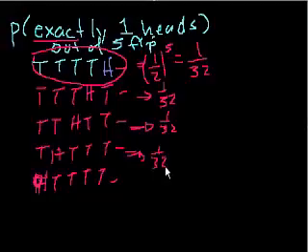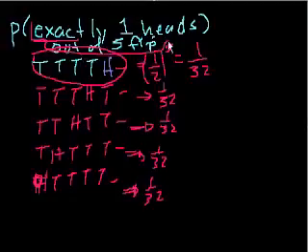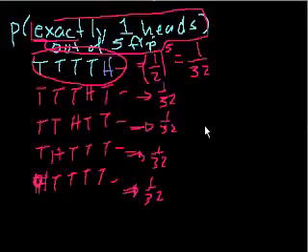In general, when I'm flipping a fair coin 5 times in a row, there are going to be 32 possible outcomes, and each of these is just one particular outcome. We're essentially saying out of the 32 outcomes, 5 satisfy the event that we're looking for: exactly 1 heads out of 5 flips. So there are 5 that satisfy it out of a total of 32 outcomes. And so using that definition, only if we can say that all of the outcomes are equally probable, the probability is